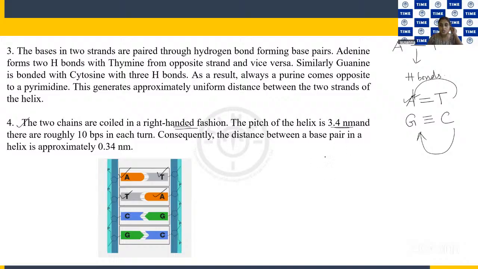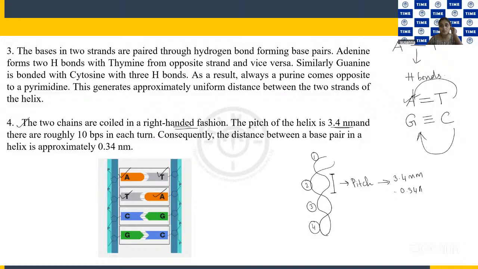So what is pitch? Let me first draw the structure of the DNA, the double helix model. It looks like this. Pitch means the distance of one turn. If you take the case of this DNA that I have drawn, this is one turn, this is the second turn, this is the third turn, and this is the fourth turn. So the distance of one turn is what we call pitch, and what is the length of that one turn? It is 3.4 nanometer